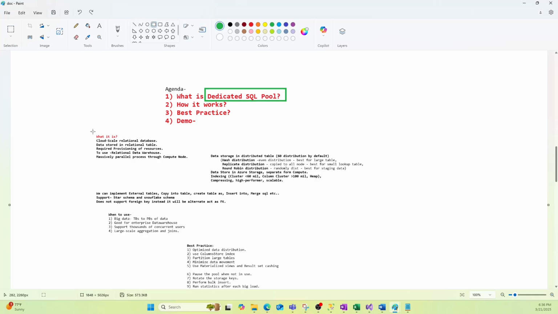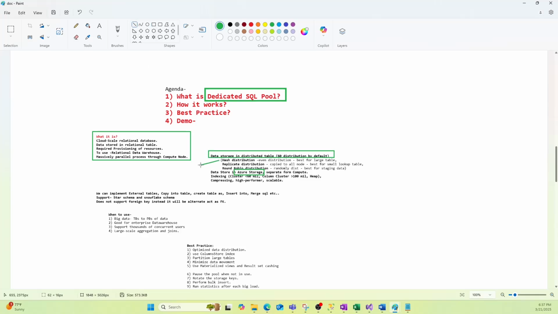So we just say my Dedicated SQL Pool is massively parallel processing, and the data is stored in Azure storage, not in the compute resource, in relational format itself, and data is stored in a distributed manner. Basically, there are 60 distributions by default on this Dedicated SQL Pool. Since this Dedicated SQL Pool is designed for data warehousing, which is nothing but dim and fact tables, the distribution process